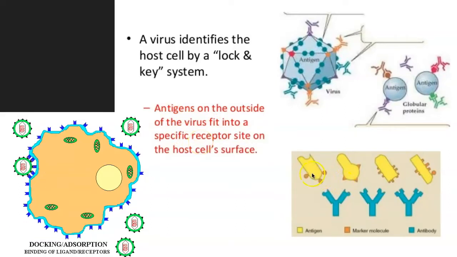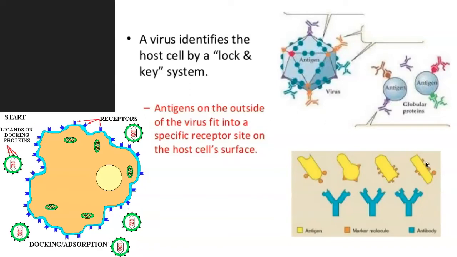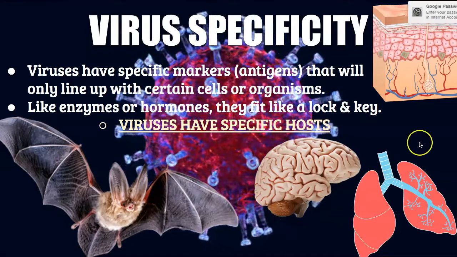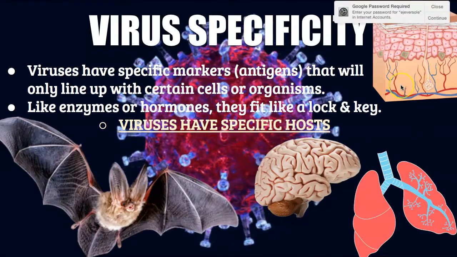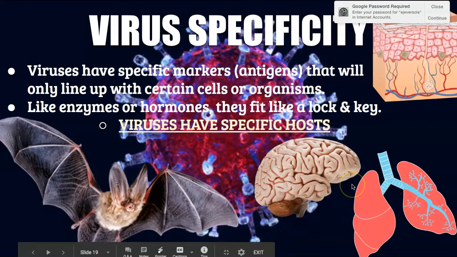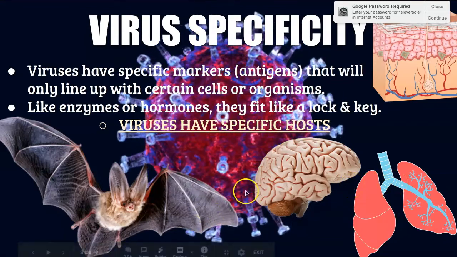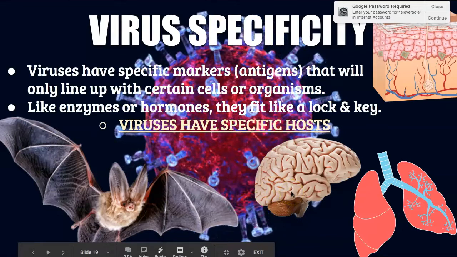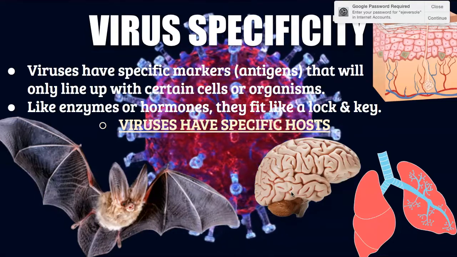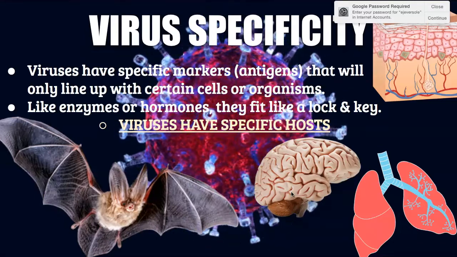And so here you can see that there are different types of antigens that a virus can have, and they can change. They can go into different types. But what you need to understand is, again, that's why things like COVID are going to affect the lungs, but not necessarily affect the brain or the skin. Whereas chickenpox is going to affect the skin and that skin tissue, but it's not generally going to affect your lungs. Likewise, the rabies virus, which we can get from animals from time to time, is going to affect the nervous system because the receptors that are on those neurons match up with the antigens that are on the rabies virus, and so that's why.